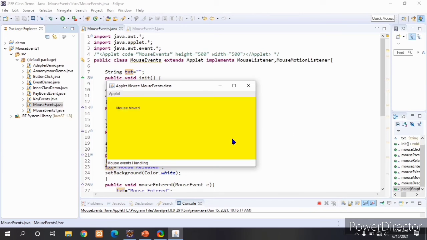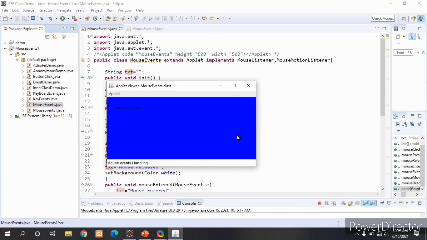As I told in class, the mouse entered and mouse moved events will happen at a time, so directly it is showing mouse moved. When the mouse moved event happens, the background color is changed to yellow. When it exits from the applet window, the message mouse exited will be displayed and the background color will be set to green.